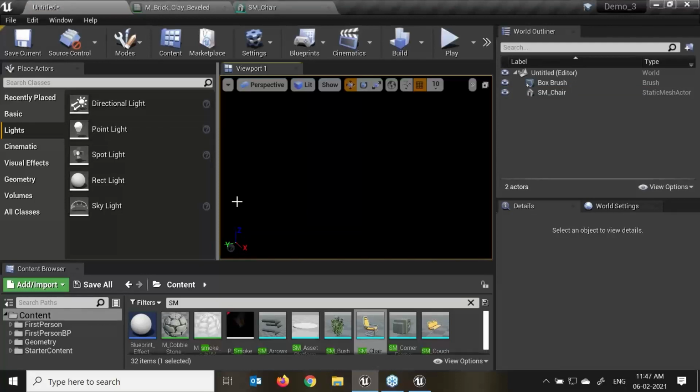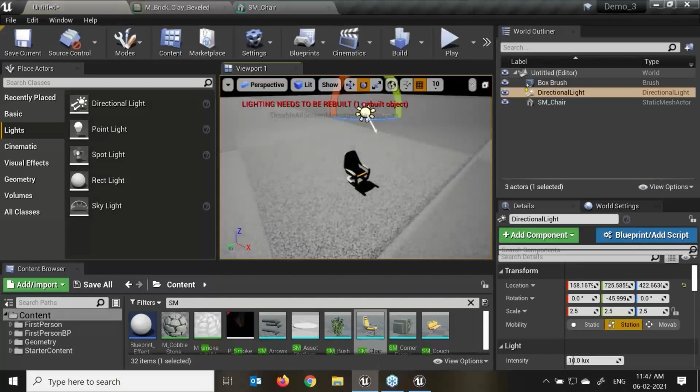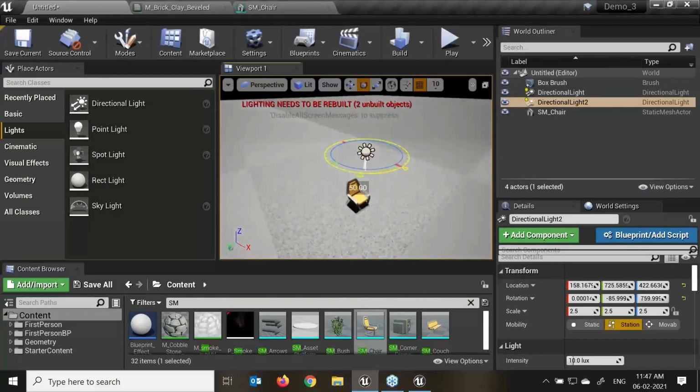So now we'll talk about the directional light. I'll just drag and drop this. Here you can see this is my directional light. I can rotate it, and as per the direction of my light, the shadow will be emitted. Directional light simulates light that is being emitted from a source that is infinitely far away.